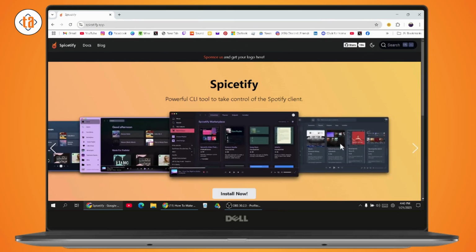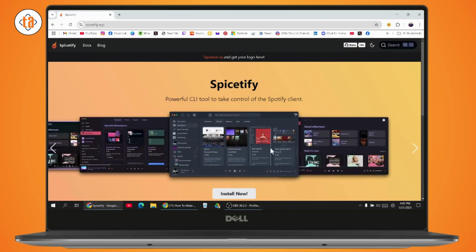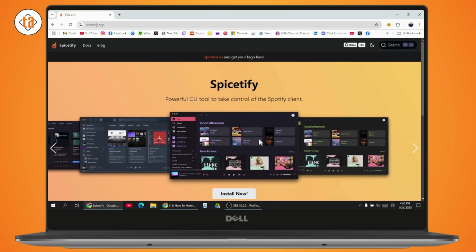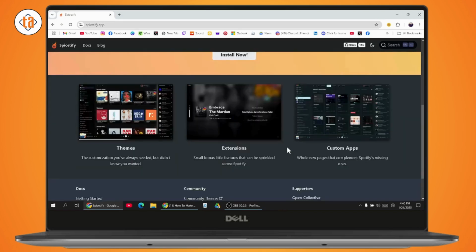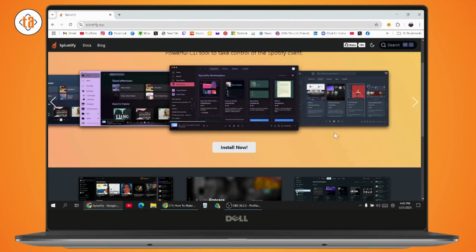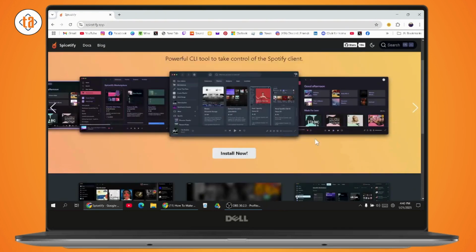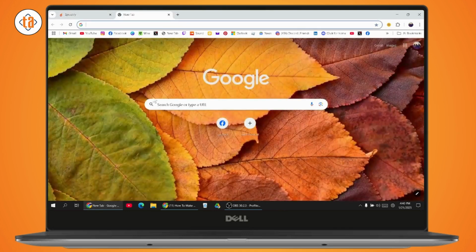As you can see that you will have all of these themes, but if you install the application, you will have more themes than that. So scroll down, and here as you can see that you will have themes, the customization you've always needed, and the extensions. You will also have the extensions, the custom apps. So just go with install, and once you've installed, you need to go with the next page, which is